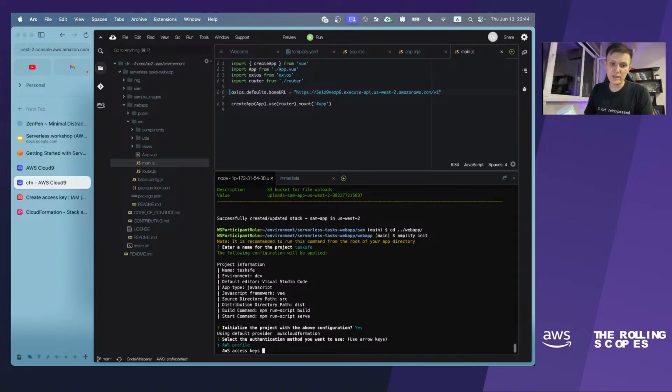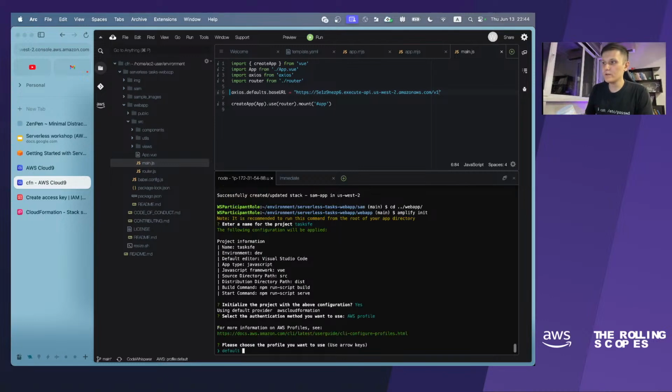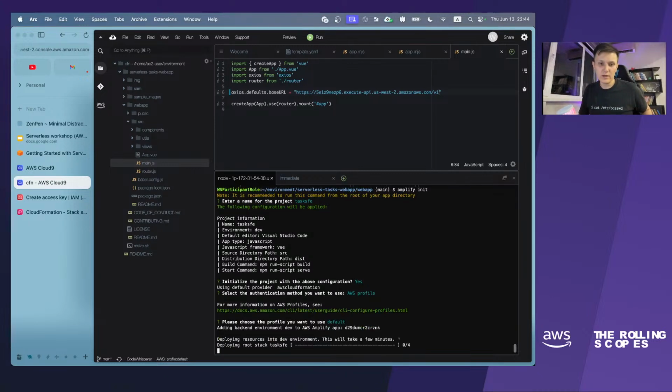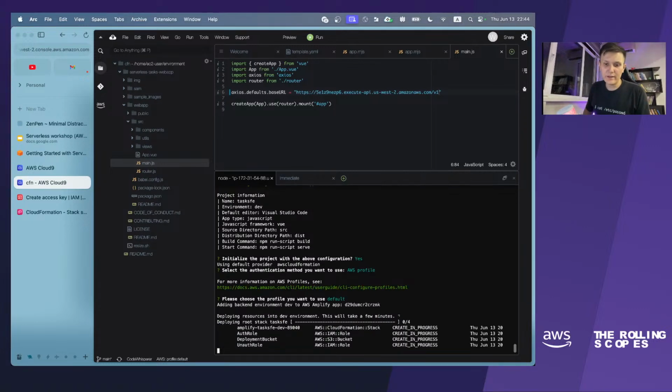We will use an AWS profile since we have set it up before. You may remember that we configured a profile in the AWS Amplify CLI, and I named it default. You can choose the name that you have chosen before. I picked default, and let's wait a couple of minutes while the Amplify CLI is creating some resources.